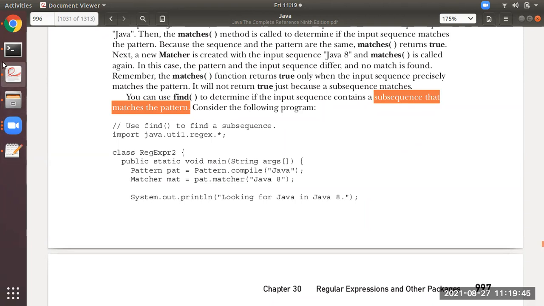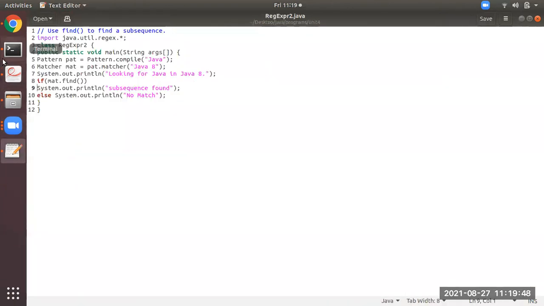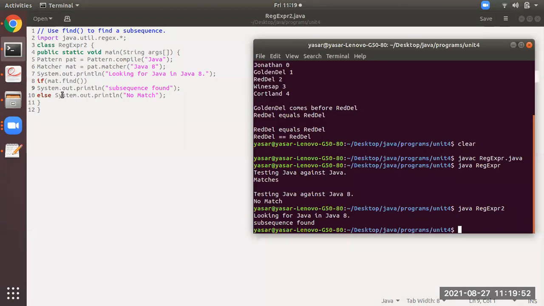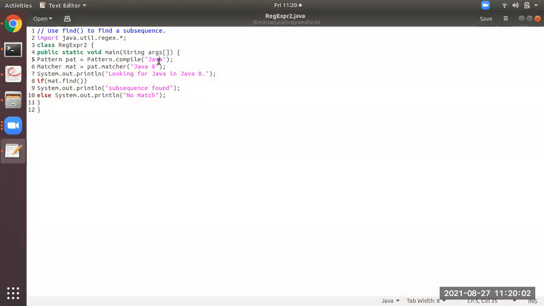Over here, what we are doing is mat.find, we are invoking the method. Means we are trying to look whether whatever sequence is there in the pattern is available in the matcher. That we are checking. So the find method will do that only.